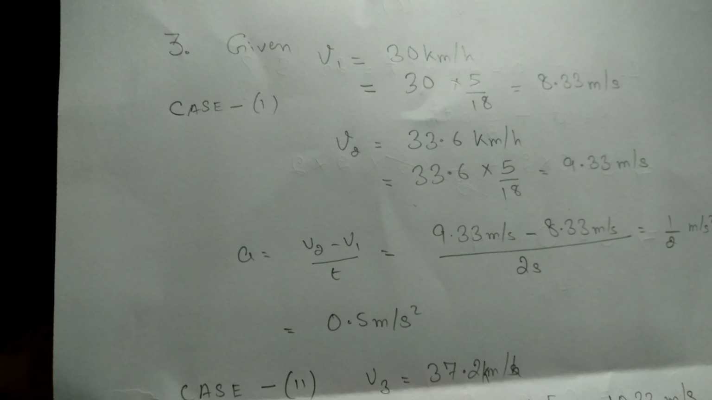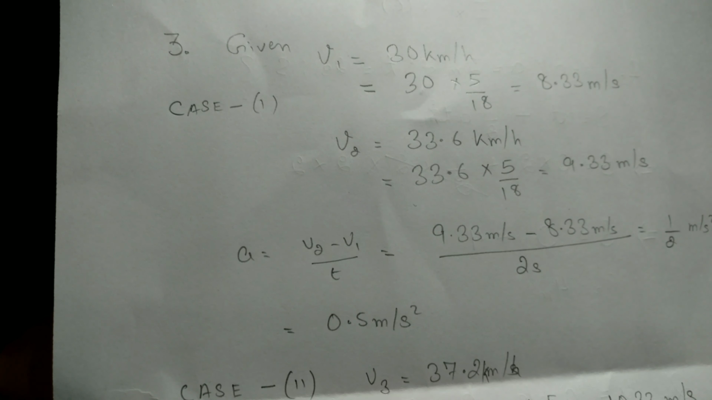In the first case, the second velocity after 2 seconds becomes 33.6 km per hour. Again, converting that velocity into meter per second, I am getting 9.33 meter per second. So here I am supposed to find the acceleration, whose value comes from the formula a equals v2 minus v1, which is the final velocity minus initial velocity upon time. So putting those values, 9.33 meter per second minus 8.33 meter per second upon time,